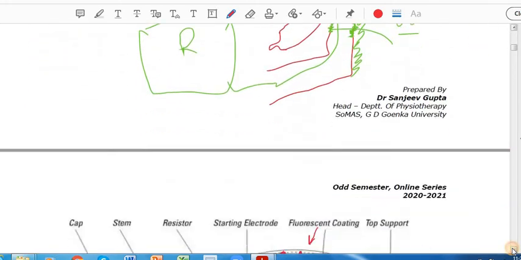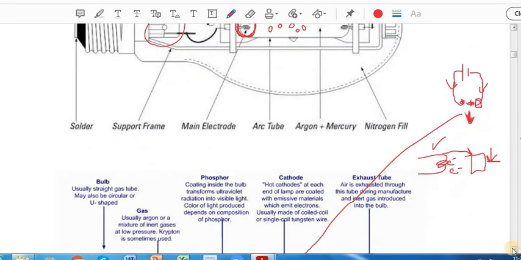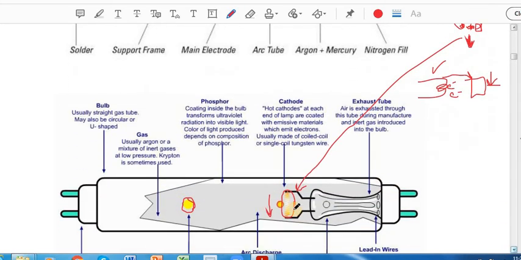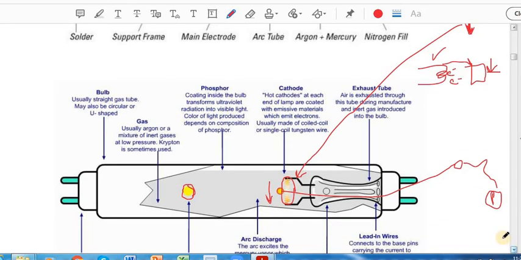So that is the plain physics behind the production of UV. This electron will give energy to this atom. This atom will have excitation, and after the excitation you will have a photon emitted from this whole cycle. So basically nothing is consumed in this whole process. The only thing is the electrical energy that is supplied by your external source.